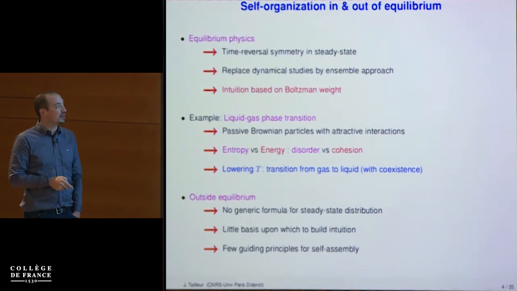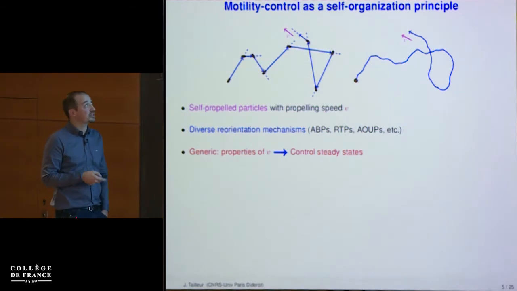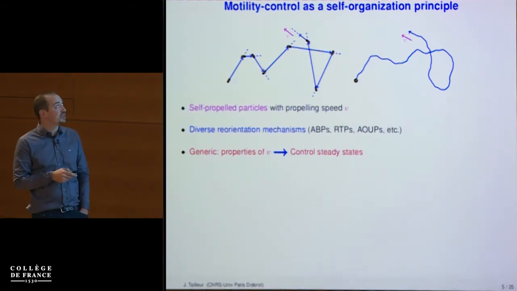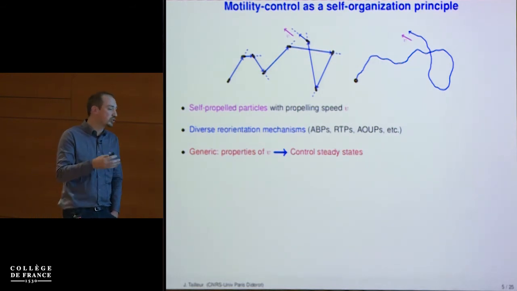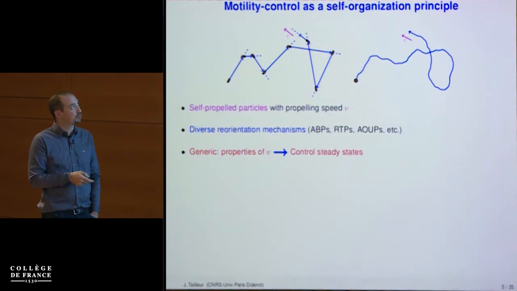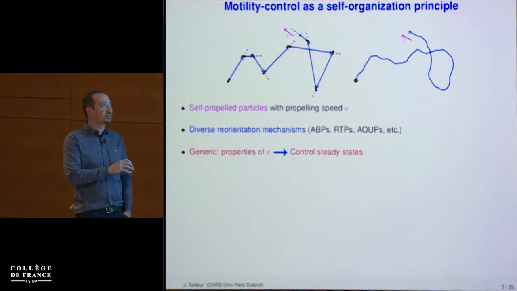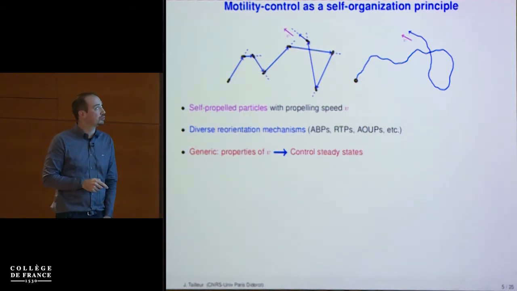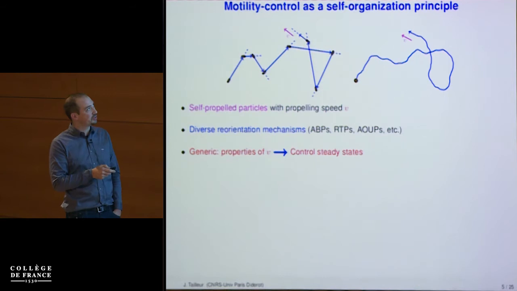Now, there is one area in which I'd say there is an exception, and that's motility control. And over the past 10 to 15 years, what people have done studying active particles has taught us a few guiding principles, which I'd like to present today. So I'll be discussing two types. Everything in my talk will be starting from microscopic and going to emerging behaviors. And I'd like to give you the two typical types of trajectories I will consider.